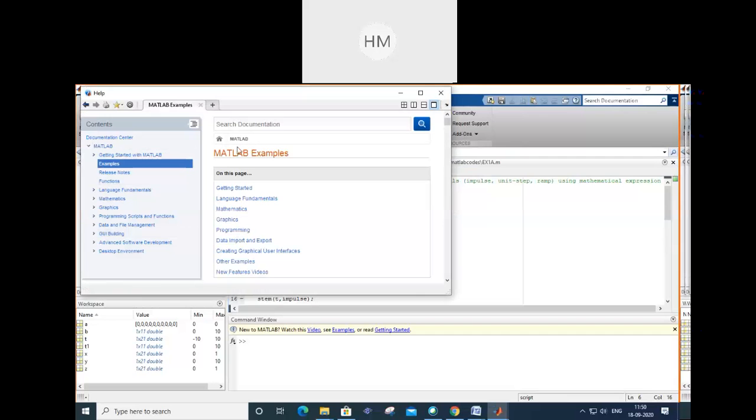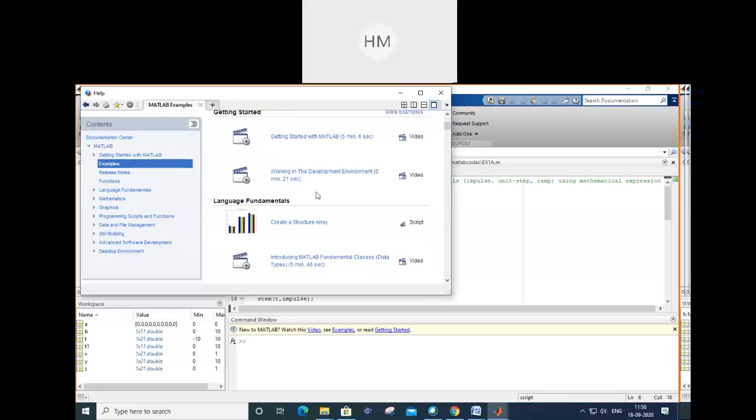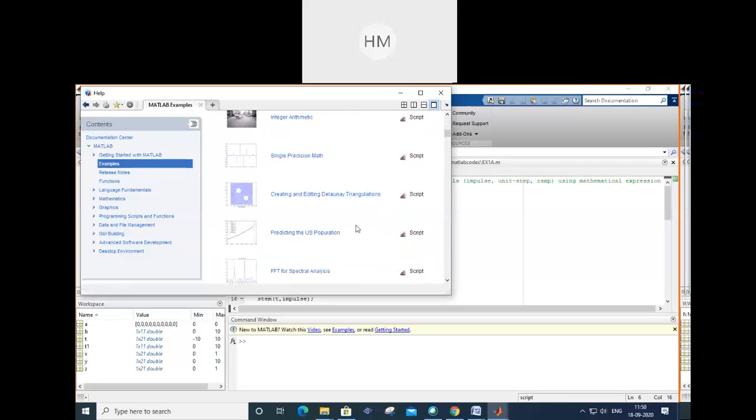I can see the MATLAB example, getting started. Many examples are there. You can search your document over here, and many basic programs are given in this.